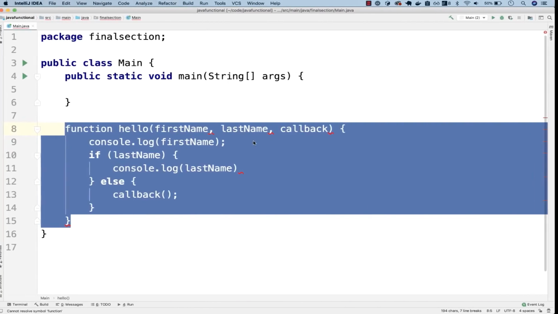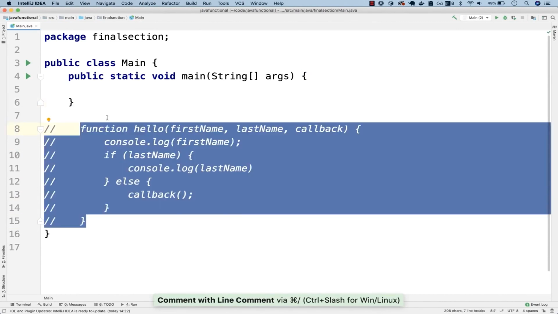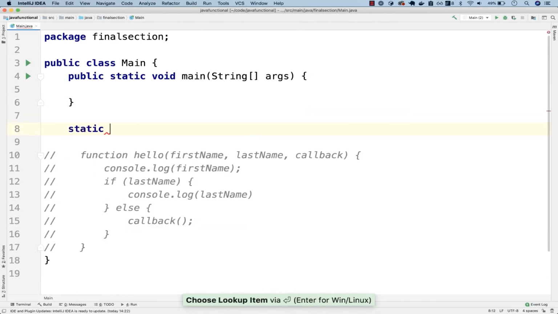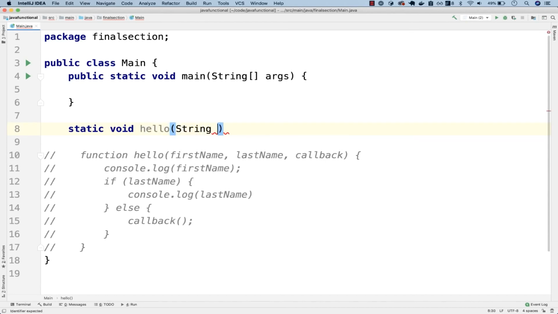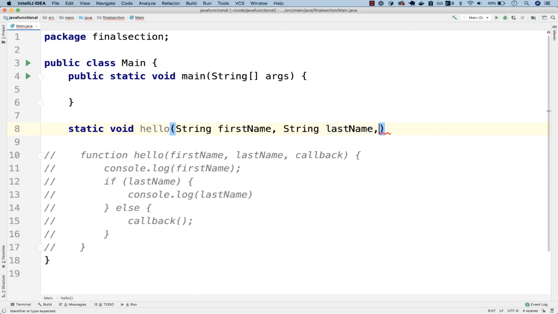So the way we're going to do it is as follows. Let me simply comment this right here so you have it for reference. Now what I'm going to do is actually have a static void, and right here I'm going to combine both worlds. So we can have a regular, normal Java method, and also inside as a parameter we can have a function. So this is functional programming, because now we are free to do whatever we want. So right here you see static void, and then let's simply say hello, and then String firstName, String lastName, and then right here, what do you think